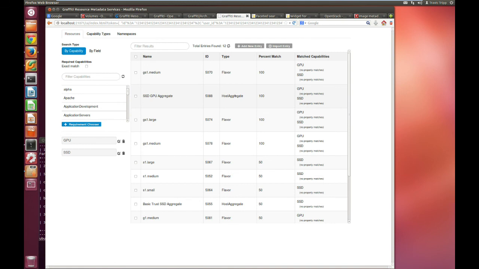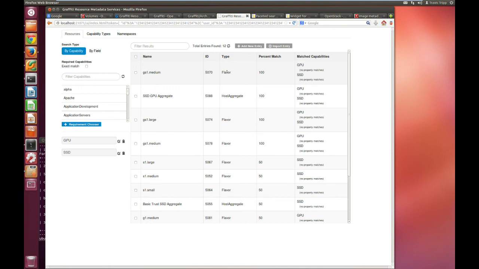If I'm in my host aggregate screen and I want to tag this host aggregate as having GPU and SSD, I could just add that as the capability to the host aggregate. Then Graffiti would save that down into the key value pairs for that host aggregate. Then when I go and create flavors and I want to create a flavor that's capable of SSD and GPU, I pull those capabilities from the Graffiti dictionary. I tag the flavor with both GPU and SSD. That ensures that when you create that flavor, the extra specs get set with the right